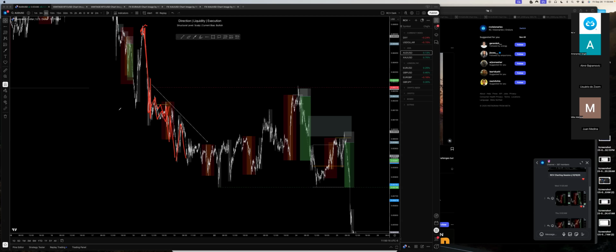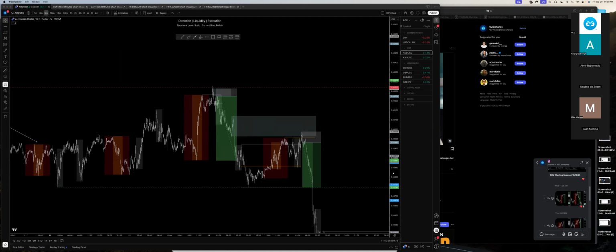You see various mitigations giving very unsubstantial new lows, right? So we're seeing a lot of mitigations here. So I'm kind of seeing this as liquidity. And this is obviously where that weak order flow started. So I thought this was pretty significant. But more importantly, if we zoom in, my setup